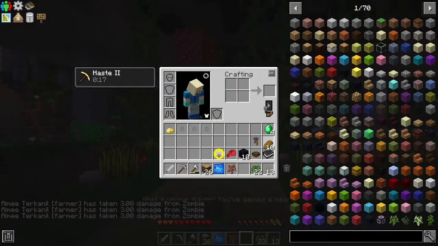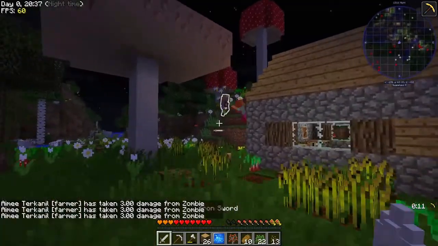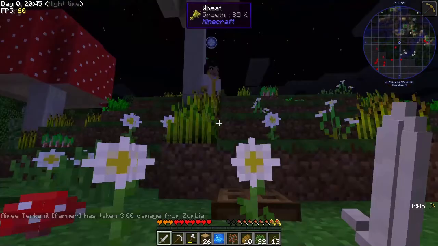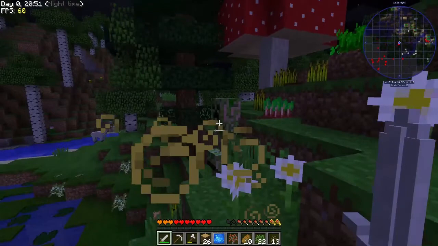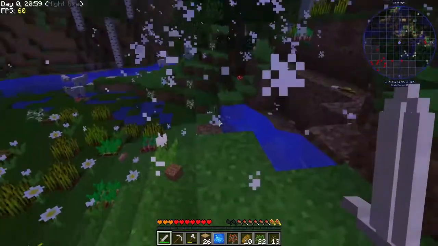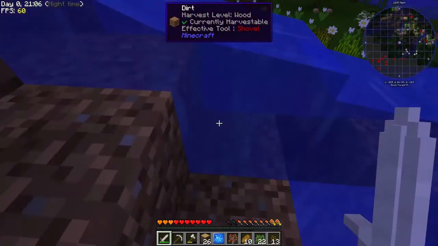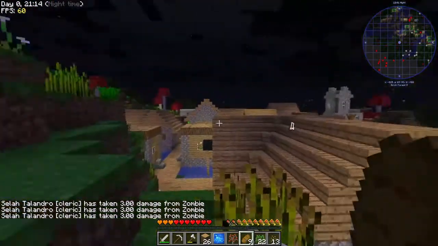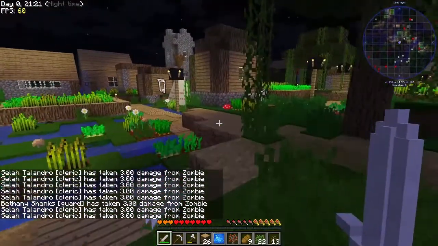See that person taking damage from the zombie? Over here, we need to protect them. Or we need our guards to protect them, but we don't normally have a lot of guards, so... Okay. We don't start with a lot of guards. Wow, lots of zombies over here, so...